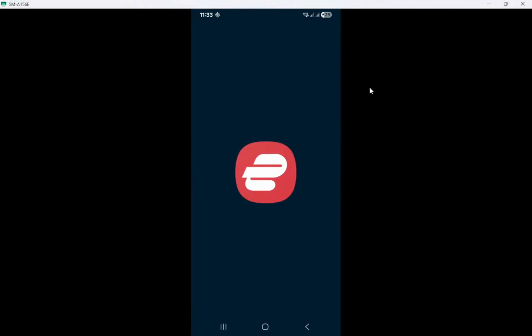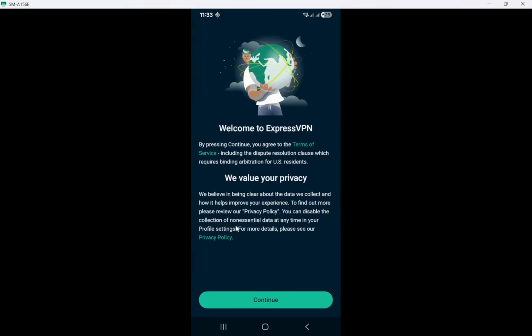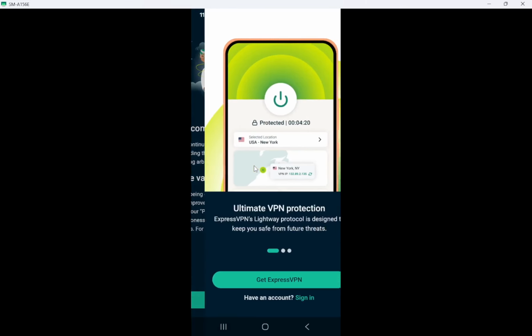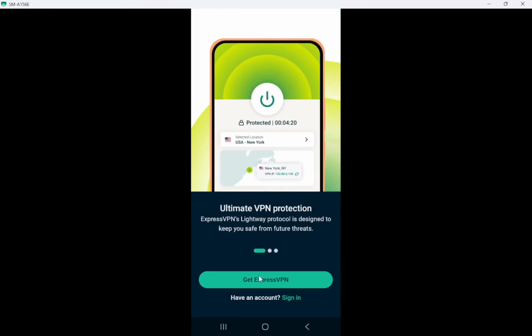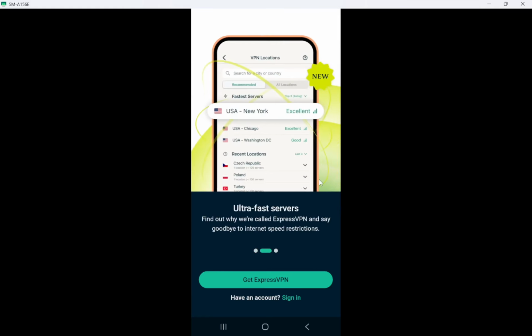Keep in mind that to use the VPN service, you will need an ExpressVPN account. If you don't have one yet, you will need to sign up to get started. Downloading from trusted sources like the Google Play Store is crucial. It helps protect your device from potential threats and ensures you have the latest version of the app. With that ready, you are all set to enjoy a safer and more private browsing experience with your new VPN.